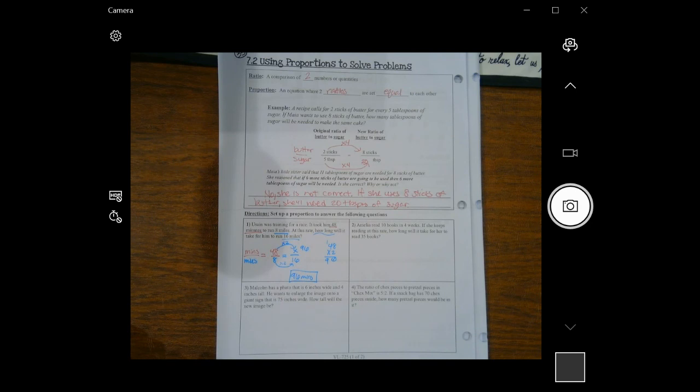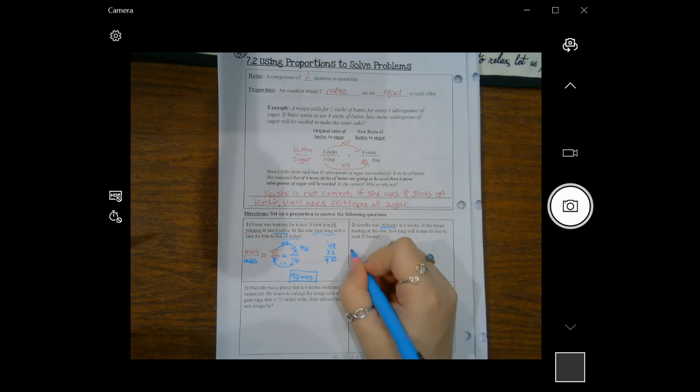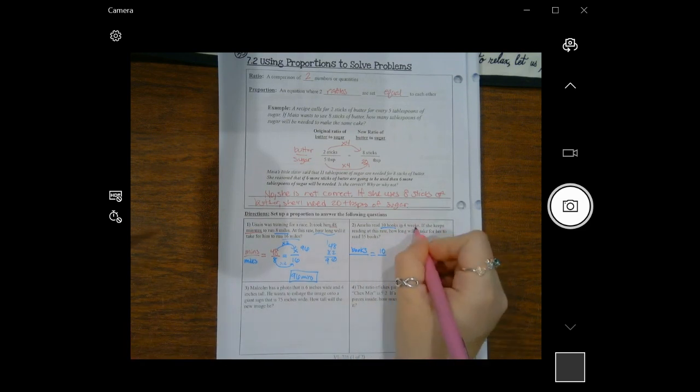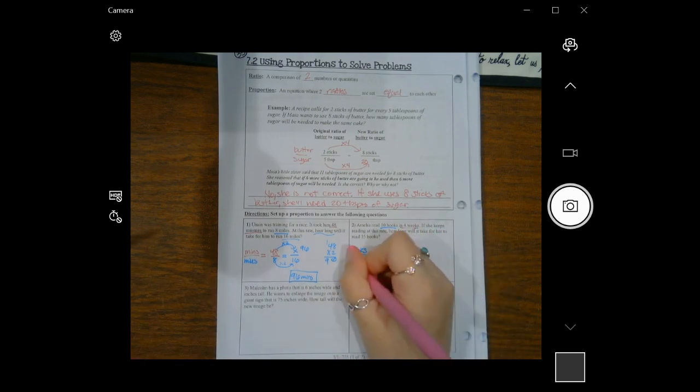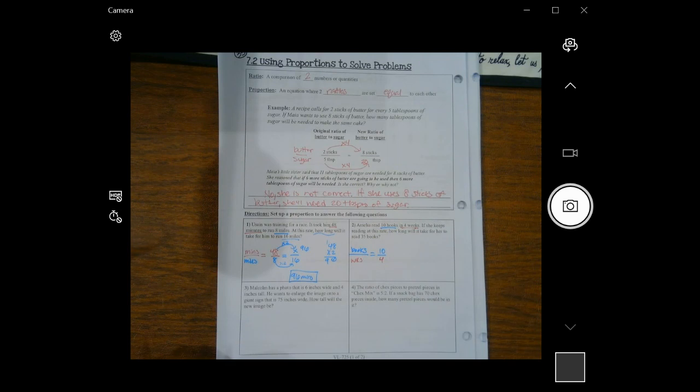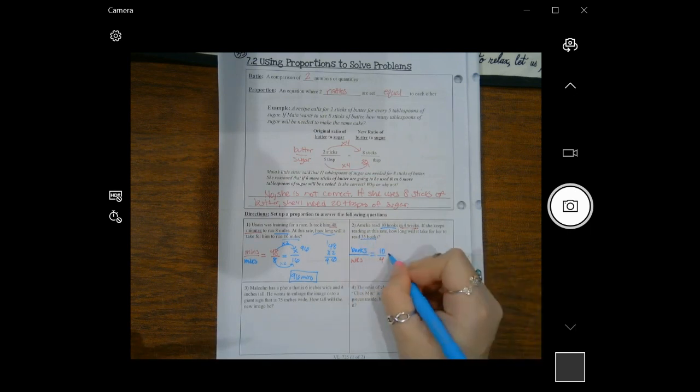Okay, my next one says, Amelia read 10 books in 4 weeks. So we have the number of books you read, which in this case was 10, to how long it takes, which was 4 weeks. Then it says, if she keeps reading at the same rate, how long is it going to take for her to read 35 books? Where should I put that 35? Where do you think? Hopefully you said on top